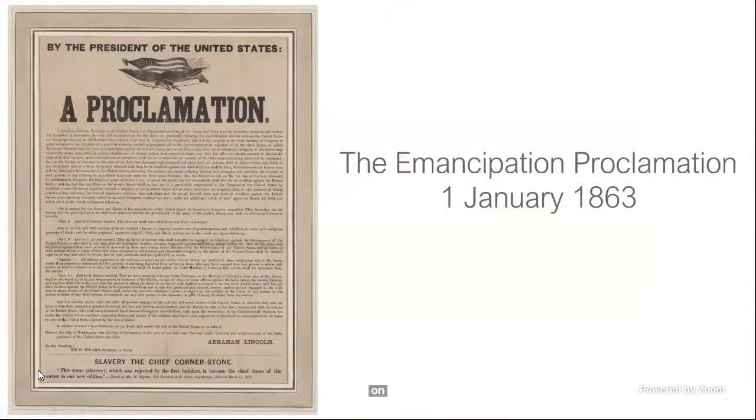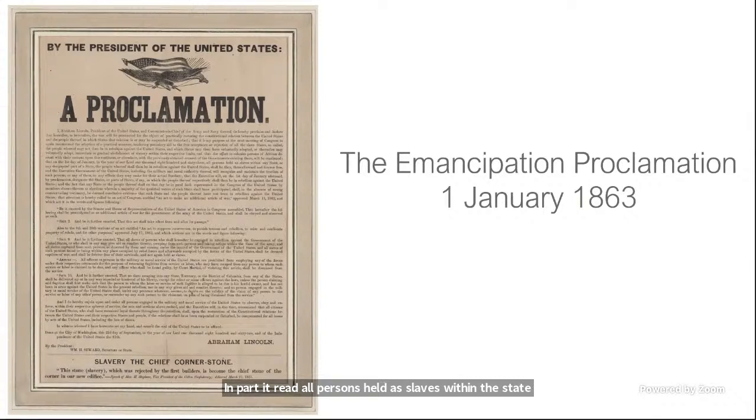On January 1st in 1863, as the Civil War was approaching its third year of conflict, President Abraham Lincoln issued the official Emancipation Proclamation. In part, it read, "All persons held as slaves within the state or designated part of a state, the people whereof shall then be in rebellion against the United States shall then be henceforth and forever free. And the executive government of the United States, including the military and naval authority thereof, will recognize and maintain